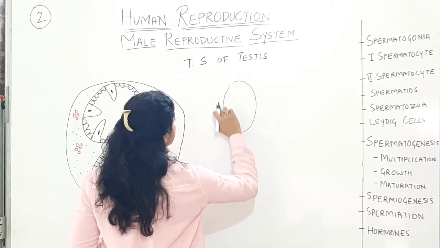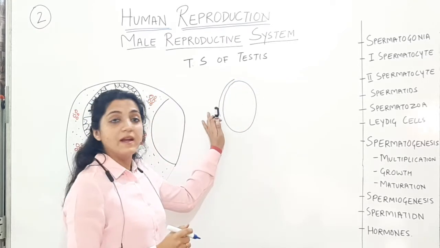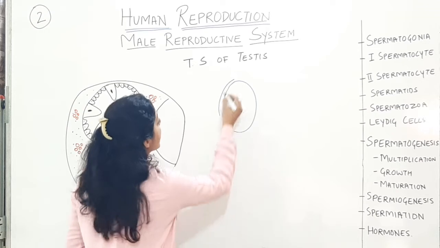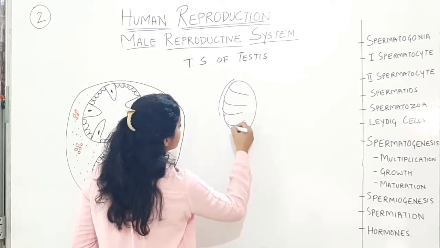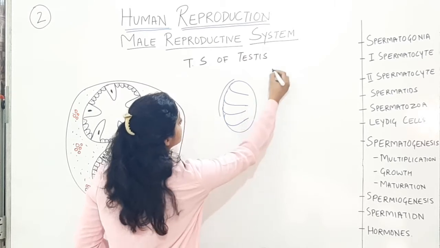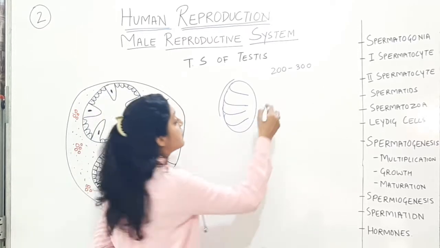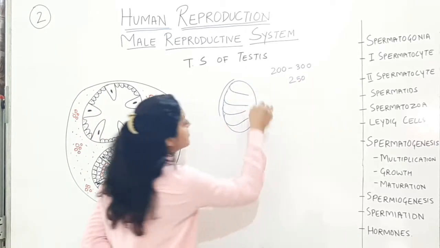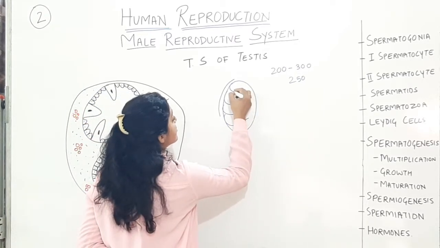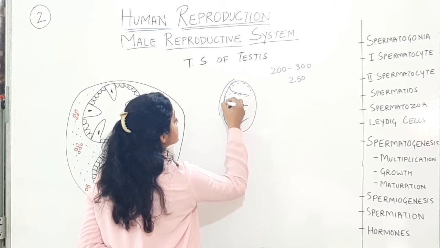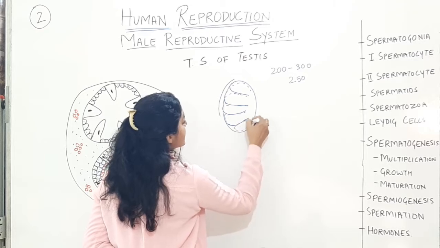The outermost being the tunica vaginalis, which is thrown into parietal and visceral layers. Then you have the tunica albuginea, which actually divides the testes into compartments, into testicular lobules, around 200 to 300 testicular lobules. If we go by the NCERT textbook, 250 testicular lobules. Tunica albuginea is dividing the testes into testicular lobules. And then you have the tunica vasculosa, which will be just an inner layer surrounding these lobules. Okay, the thin inner layer which will be surrounding the lobules.